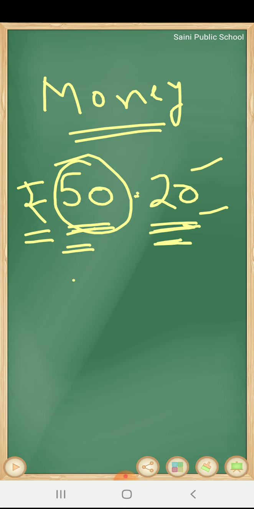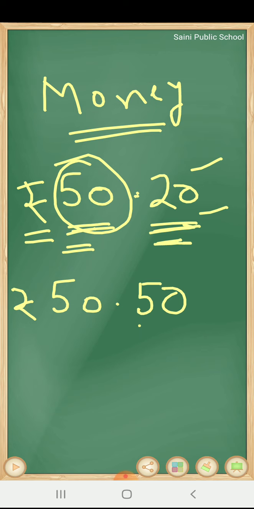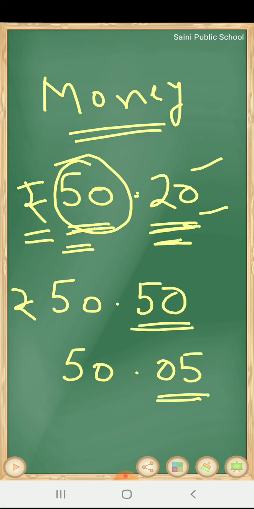For example, if I want to write 50 rupees and 5 paise, I cannot write 50.5, here I will use 0. It is always represented by 2 digits. So if I want to write 50 rupees 5 paise, we will use 05. So the paise are represented always by 2 digits after the dot. Left number shows rupees and right number shows paise. And this is the symbol for rupees.